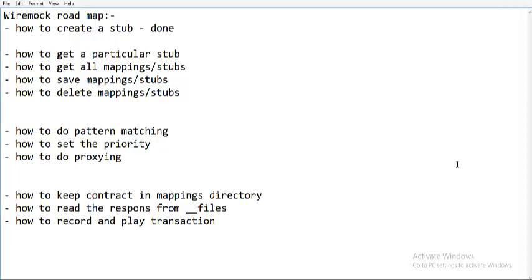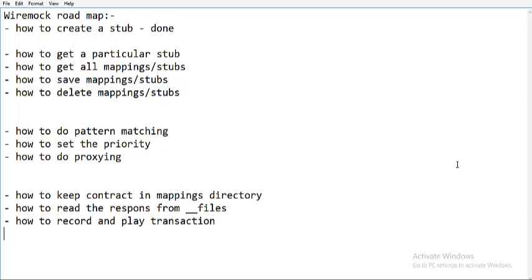So I hope you guys have been following these WireMock lectures. So please do focus, because WireMock is such a tool that is playing a vital role in testing APIs or microservices. And when we are working with test-driven development, where the development is not completed yet, we are expected to create some kind of stubs or mocks. That is possible only with these kinds of tools. So WireMock is really doing good.